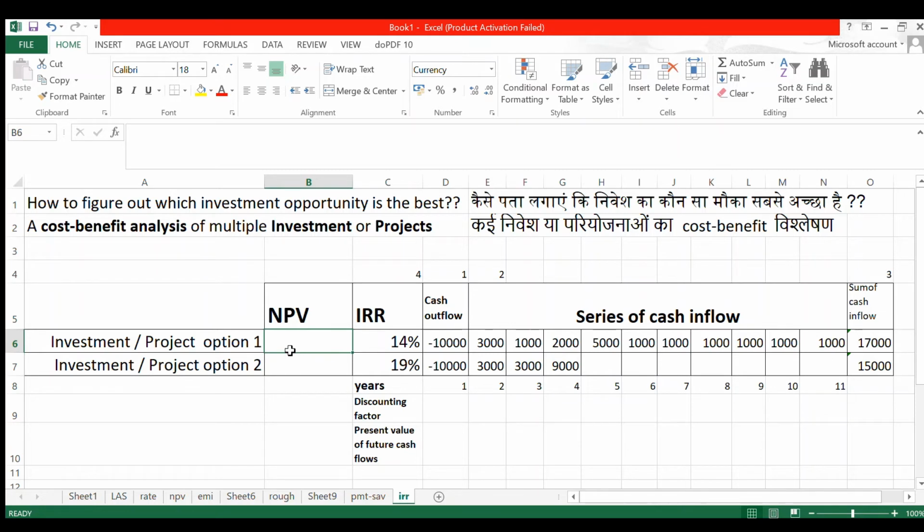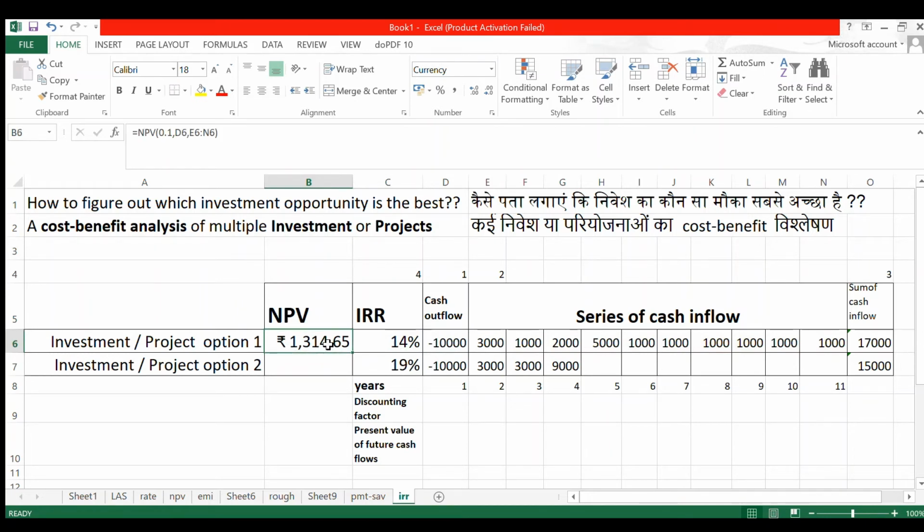And if we are checking these project options with the NPV, we can use NPV. So we are giving a random value of 10%. 10% means 0.1. We know that NPV takes the first input value as a rate, so we are giving some random rate of 0.1 and then all the subsequent values, 10,000 as a cash outflow, then all the subsequent cash inflows, and close the bracket and enter.